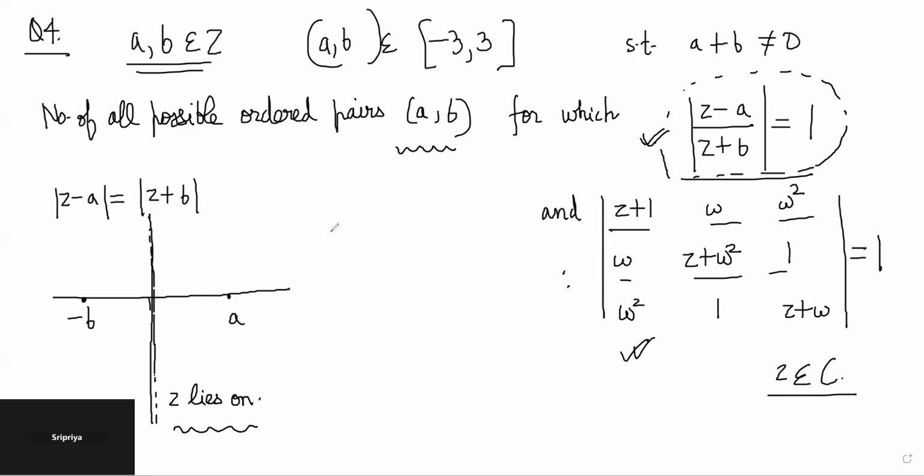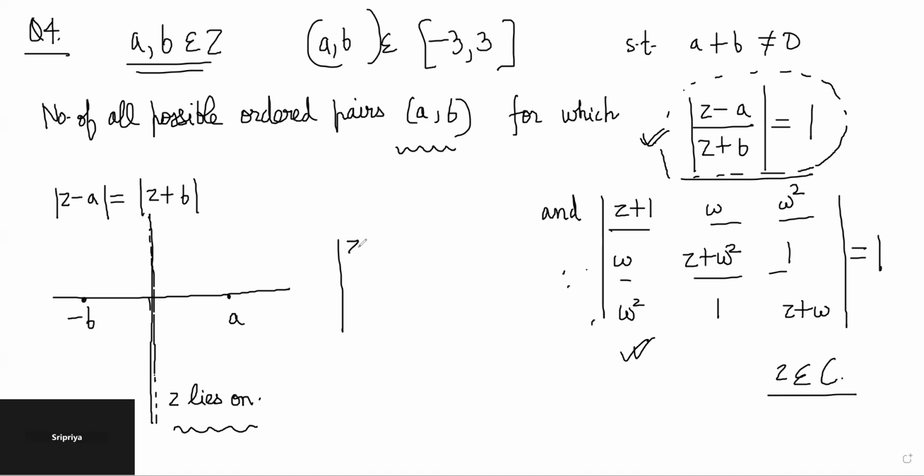What did you do? Yeah, I'll just get my working out. You can add on row 1, I think you can add row 2 and row 3. Yeah, I did that as well. Let's say row 1 becomes row 1 plus row 2 plus row 3, right? Yeah, that's right. Then what you will get is z plus 1 plus w square, which will become 0